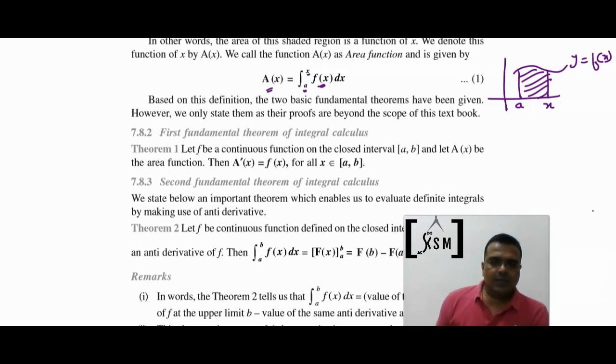So this is what the first fundamental theorem of integral calculus says, that area under curve is actually the integration of the function from a to b, right? That is the first fundamental theorem. Okay. The second fundamental theorem says